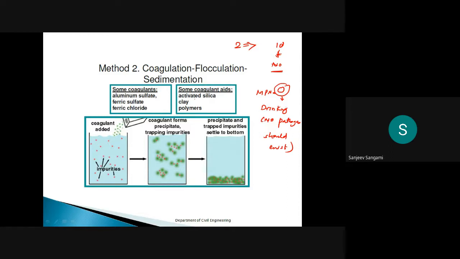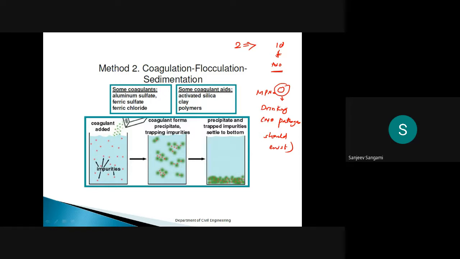There you cannot find any of these microbes. Only in surface waters is there a possibility of pathogens. So till now we have completed the physical, chemical, and biological characteristics.